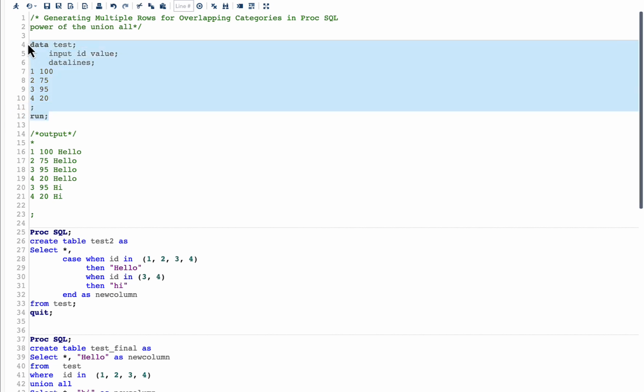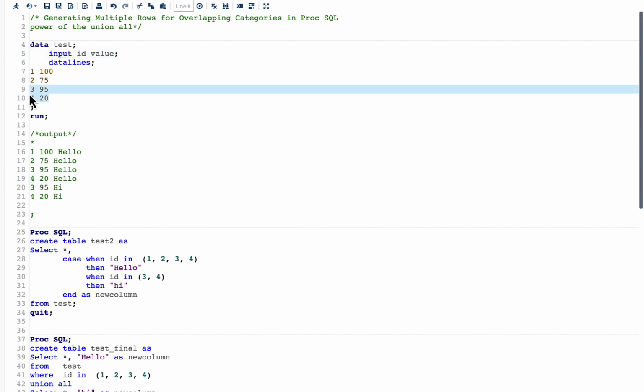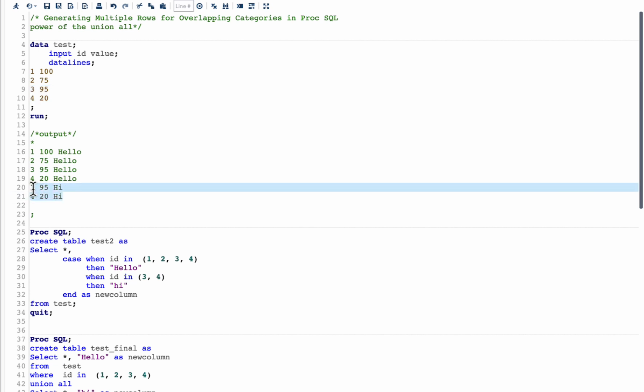The dataset in here has two variables and four observations, and for the variable ID we have 1, 2, 3, 4 as values. And in the output from this dataset, what we want is 1, 2, 3, 4 IDs, and the new column which we are going to create, which we are also going to call new column, should have the value of hello, and also 3, 4 should be repeated, but the new column value